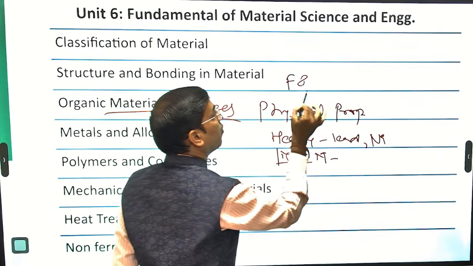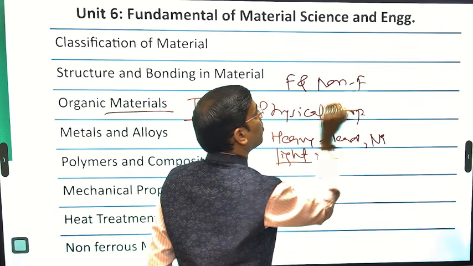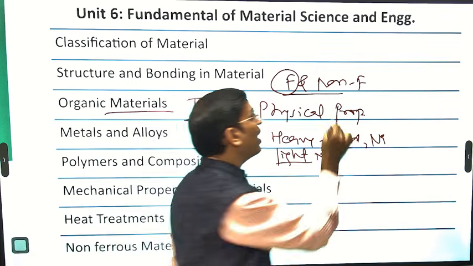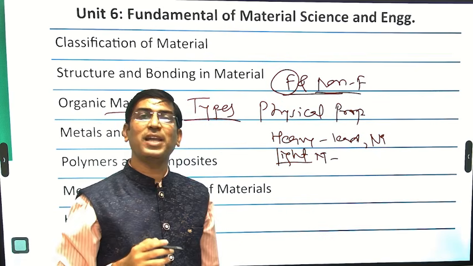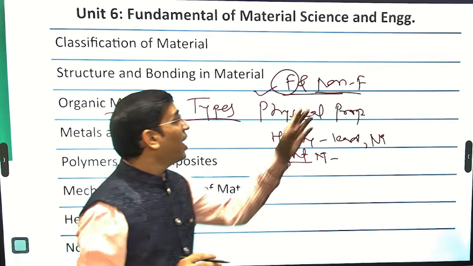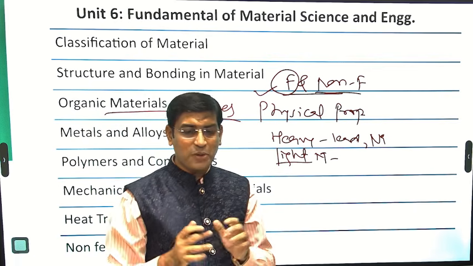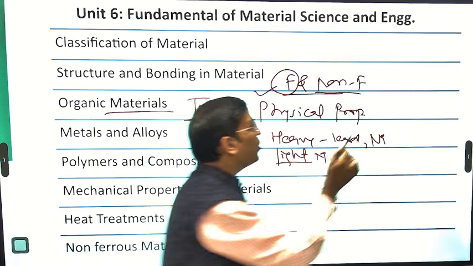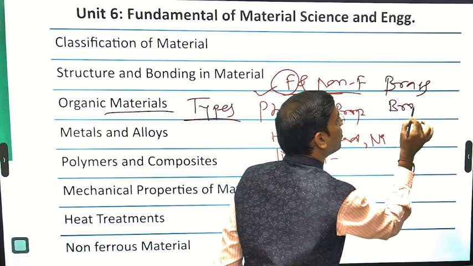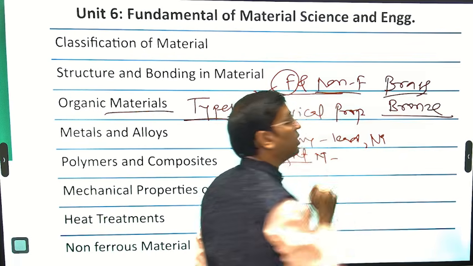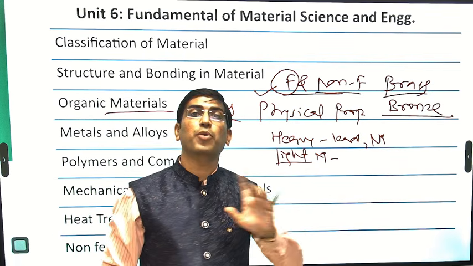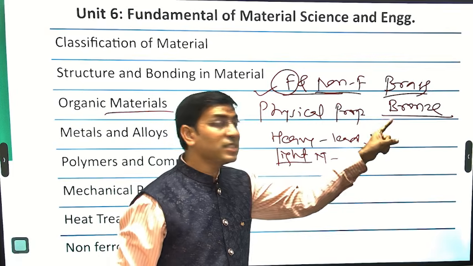Apart from that, we have also ferrous and non-ferrous. Magnetite is present in the ferrous one, and here it is not present. So simply, iron is the best example of ferrous commodities. And for non-ferrous, specifically two examples I could quote over here: brass and bronze. These are associated with the non-ferrous commodity.